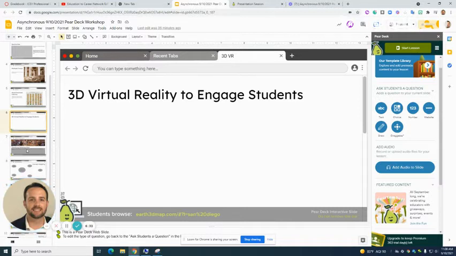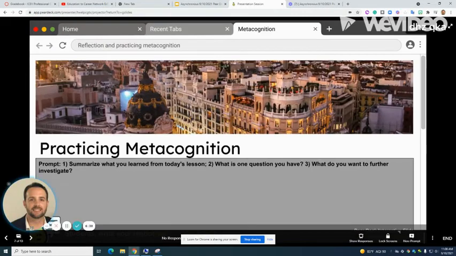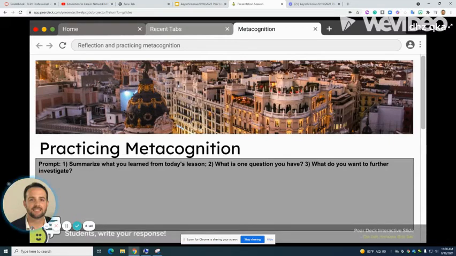The next one is metacognition, and I like to do metacognition and summarization at the end of each lesson, really essentially giving them a protocol like this where you provide them a prompt: summarize what you learned from today's lesson, and then have them provide one question they may have, as well as what they want to further investigate. So it makes them first think about what were some of the main points to take away from today. What's that additional question, or maybe the student didn't have an opportunity to ask that question during class,